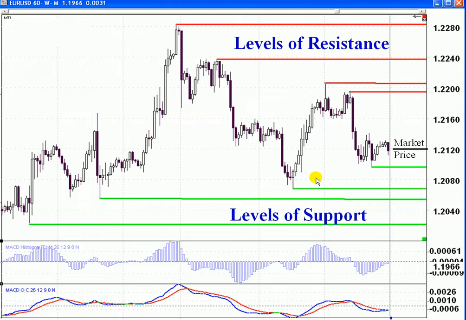When we look at a chart, and we just have a chart sitting before us, and we see where price currently is, which is on the far right hand side of the chart, then when we look back in time, we're going to see very distinct price points at which the market decided to take a turn. For example, these specific price points above market price are called resistance points. And what that means, quite simply, is that